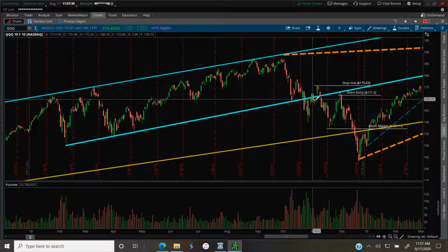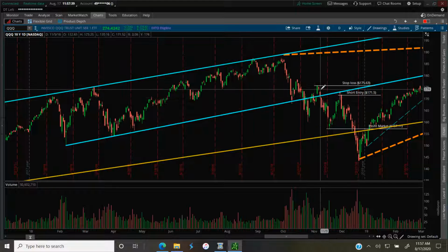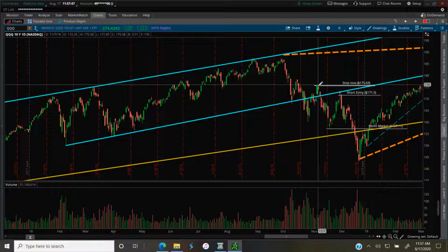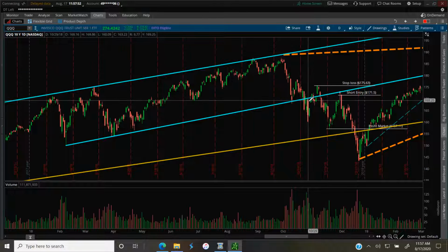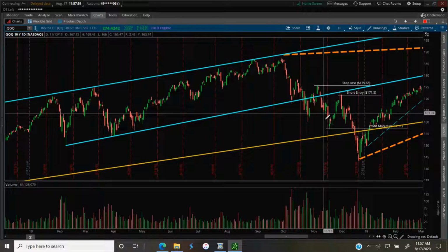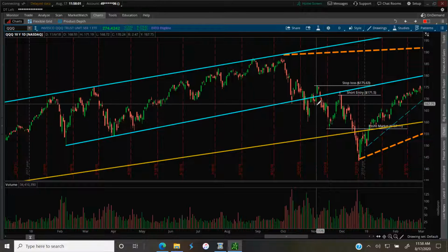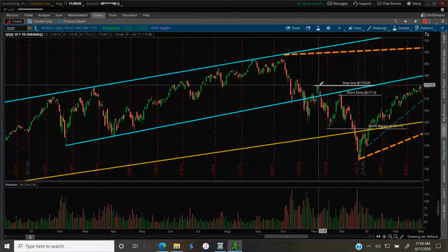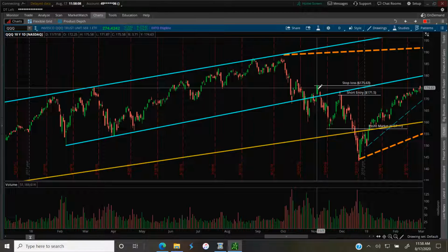For example, here, had this person taken a short here and then they did this, they took a loss. They took a loss because this could have continued up. As long as price stayed under, their short was fine. But because it broke above, and this is a pretty big candle,